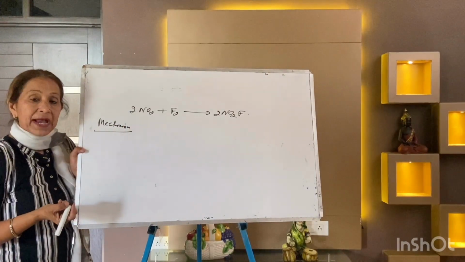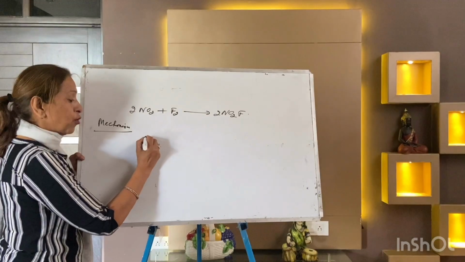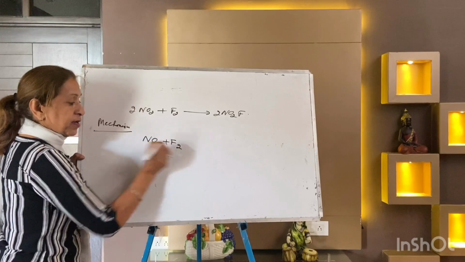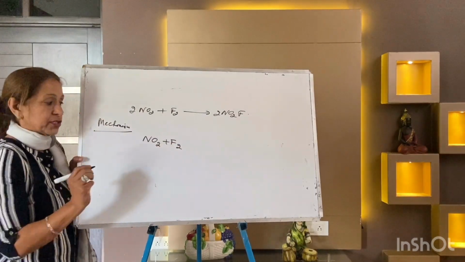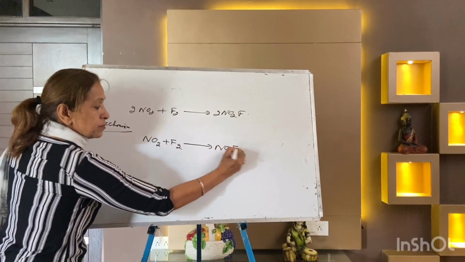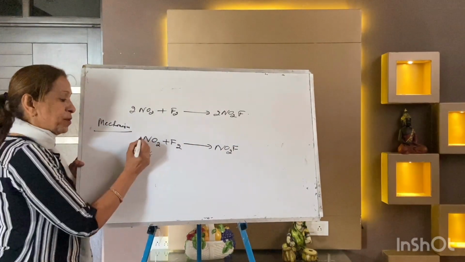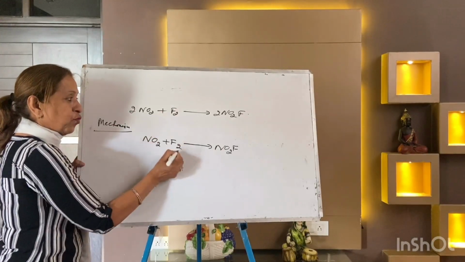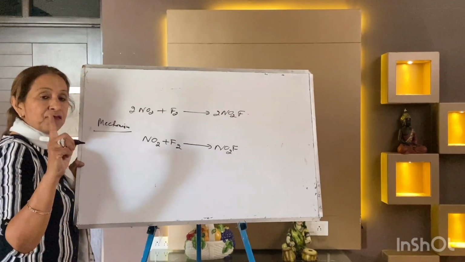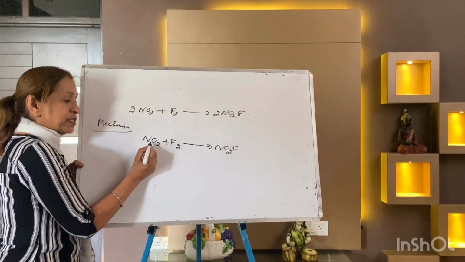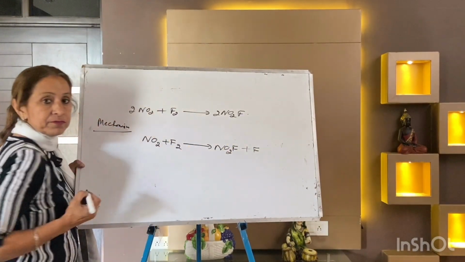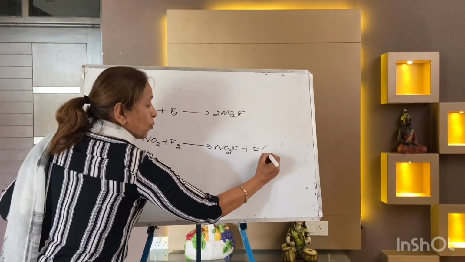Now how to make the mechanism of the reaction? I am taking only one of the NO2 and the other one. One reactant, other one reactant. And your product is just one, NO2F. Only one product. No stoichiometry is written here. NO2, F2 and one product. You will see one fluorine left behind. You can balance it, NO2, F2 and F. You write your single F. And this step is slow.